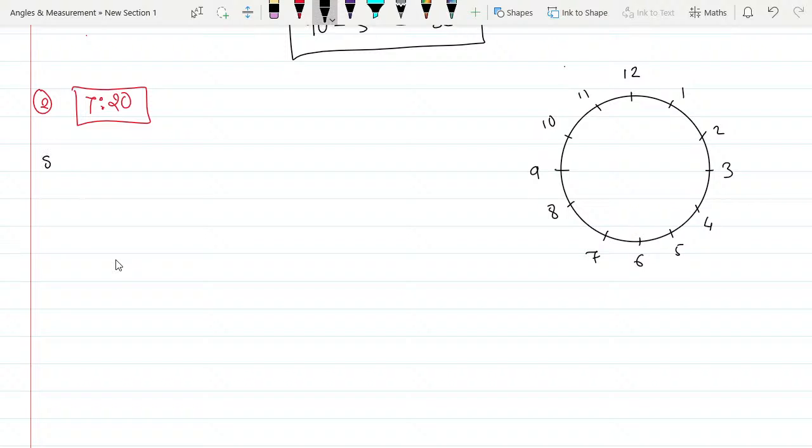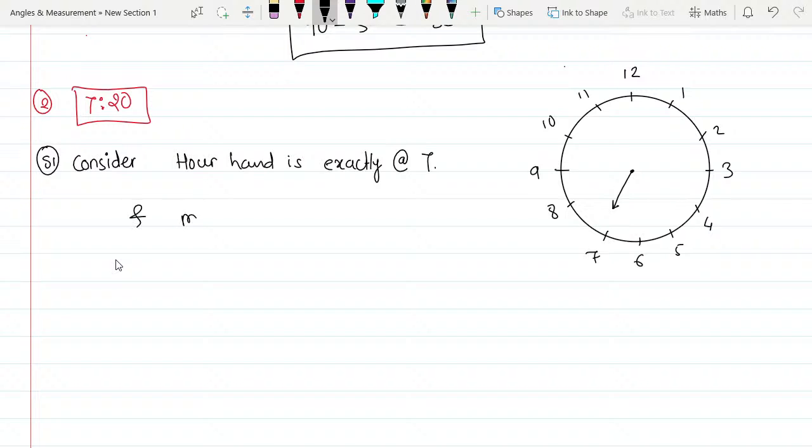So what is the first step? Consider the hour hand is exactly at 7. Our hour hand is exactly at 7. We will consider, okay, exactly at 7. And the minute hand, okay, if it is 20 minutes, where will the minute hand lie for 20 minutes? Where will my minute hand be? And the minute hand is exactly at, yes, please tell me, it will be at,